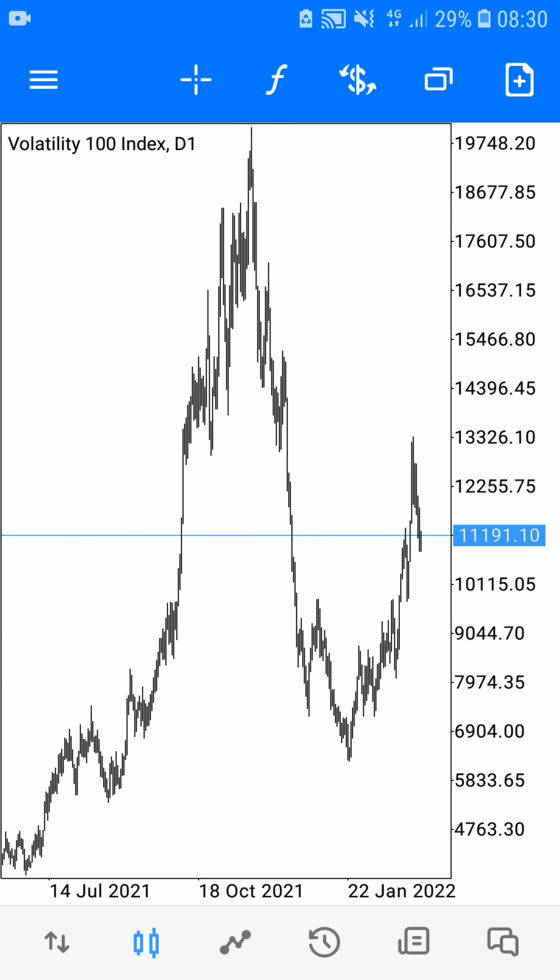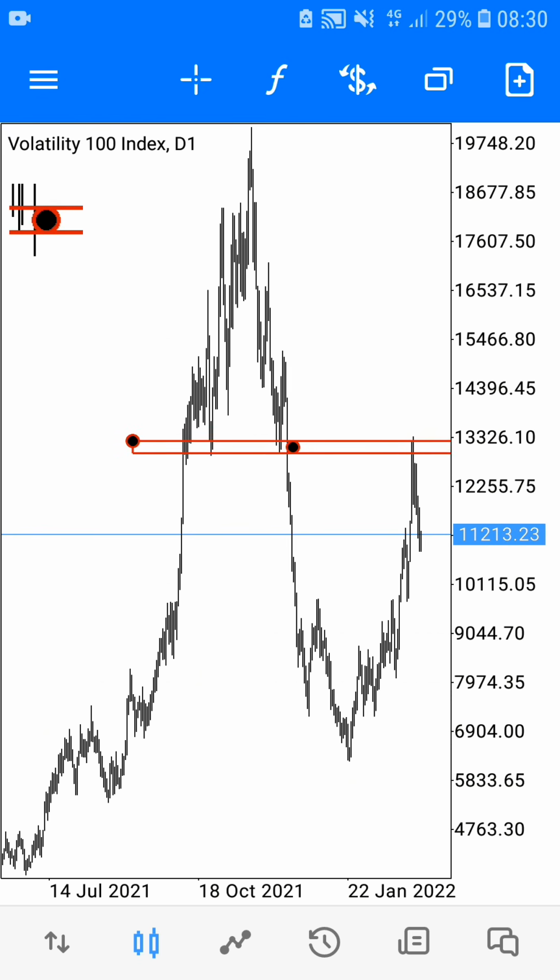On starting my analysis on VIX 100 index, I'm on a daily time frame, simply because I need to know the overall bias of this market. And by looking closely at the charts, I noticed that the overall market bias is on a downtrend. And I'm sure you all know that on a downtrend market, we do nothing else but look for sell opportunities only, and that's it. But interestingly, by marking this zone here, called the previous lower low,